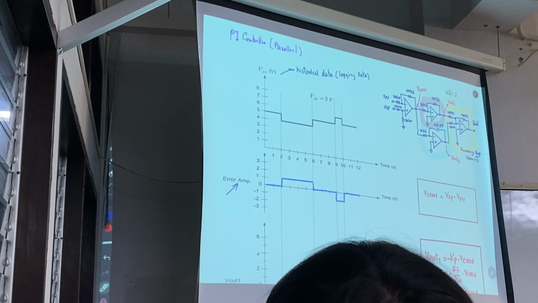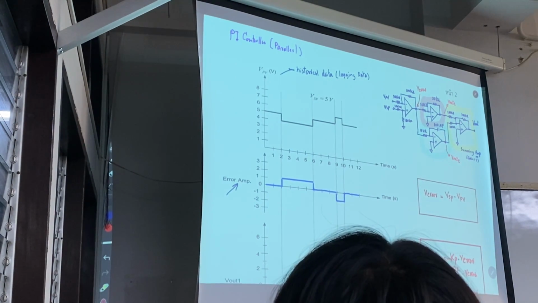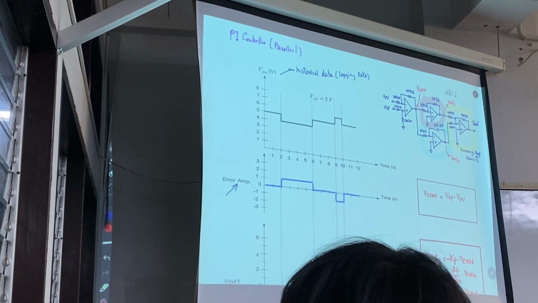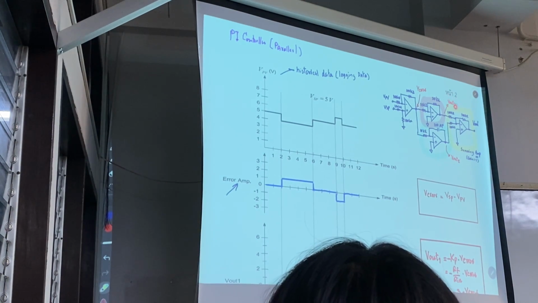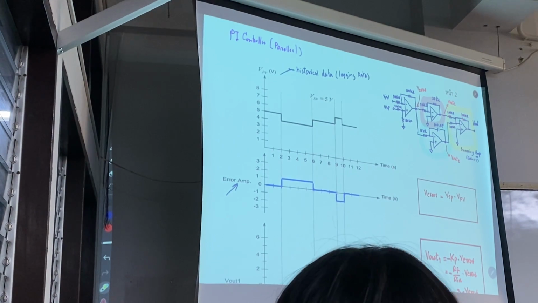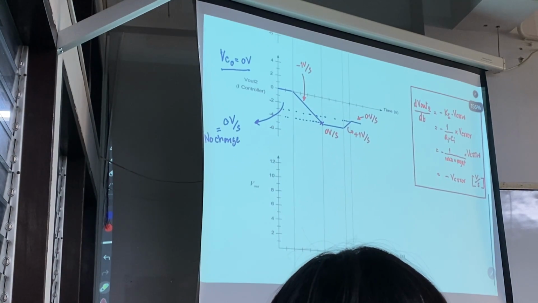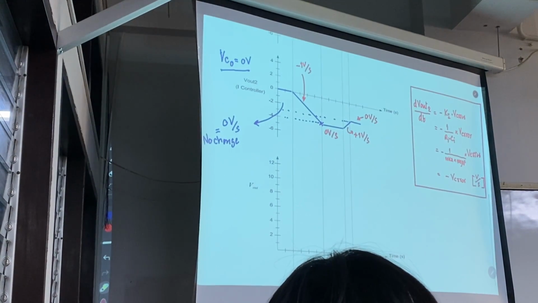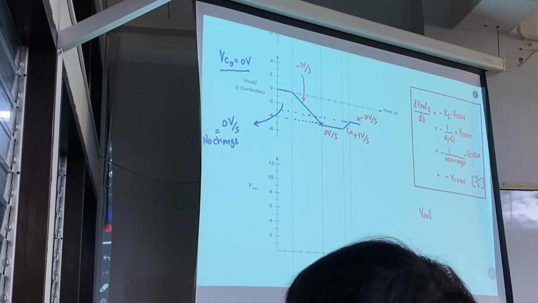If you can recall the summing amplifier equation, it will have something like that. You have Vout1 plus Vout2 because the gain of the circuit is equal to 1. Then I can write the output equation like this. Vout of controller